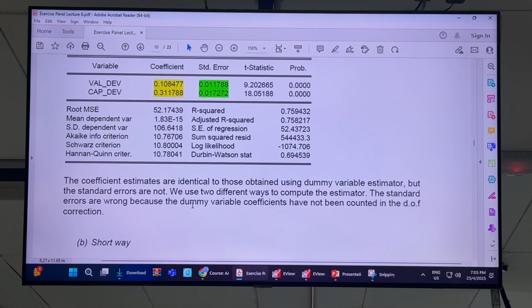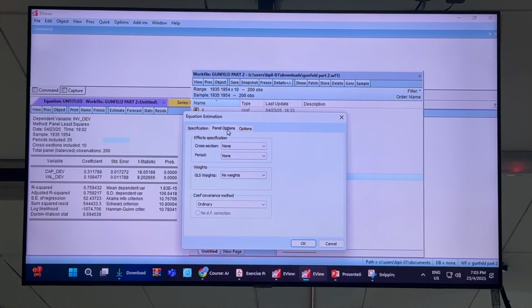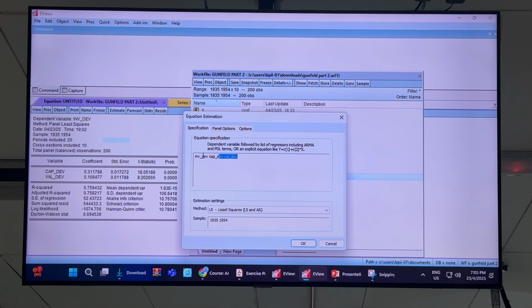the standard error, because the dummy variable, right, has not counted the degree of freedom correction, right? So that's why you can try another approach, right? The conventional one, panel estimation. You use the conventional one, INV, CAP, and VAL together with the constant. Then